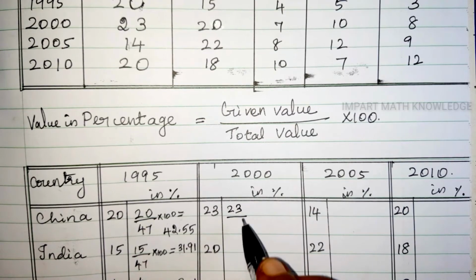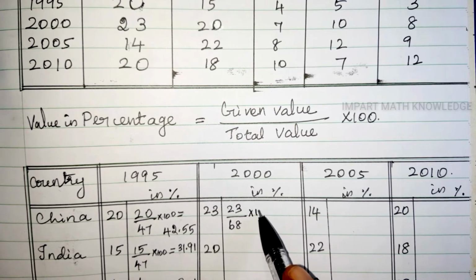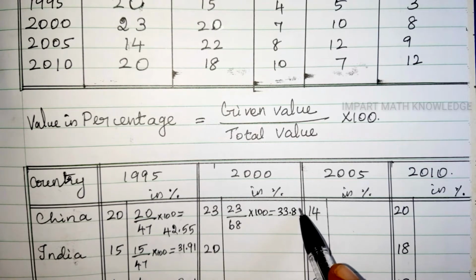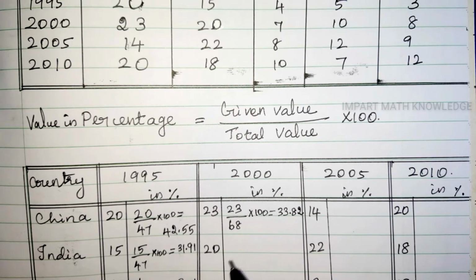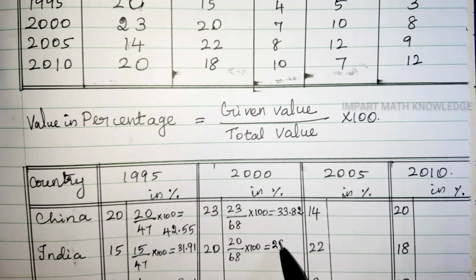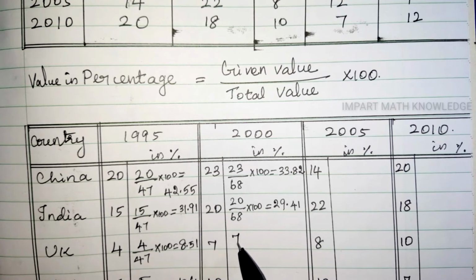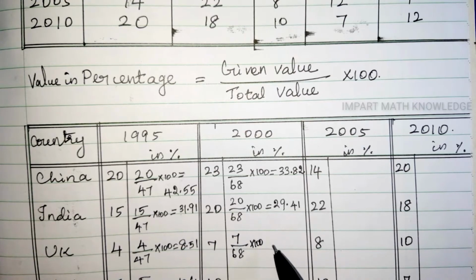23 divided by total into 100 is 33.82. India, the birth rate is 20. 20 divided by 68 into 100 is 29.41. UK, the birth rate is 7. 7 divided by 68 into 100 is